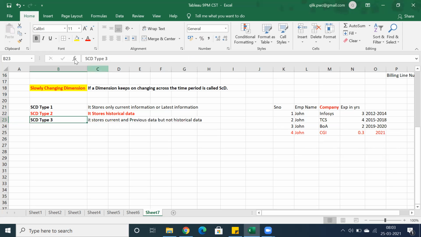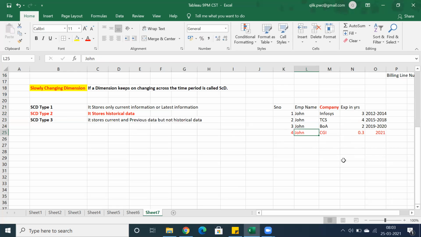Yeah. So what I mean to say is that there might be different data which can be handled at the data warehouse level. We don't handle SCD types from a Tableau perspective. But let's take an example, this is the best example I can tell. The company might change and the data will change for that specific employee.